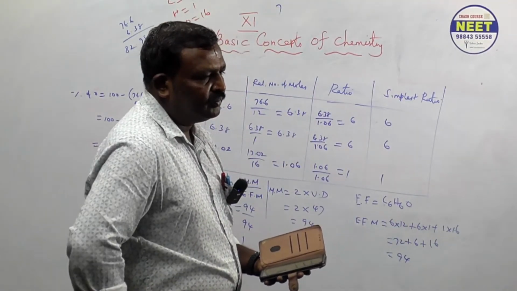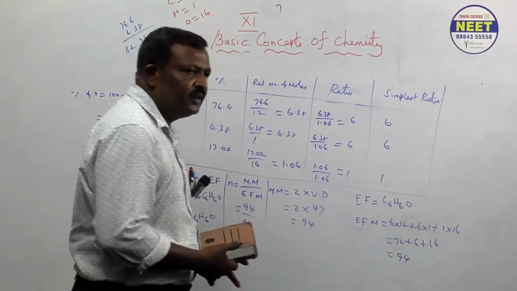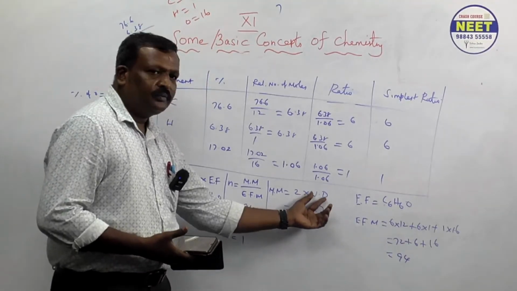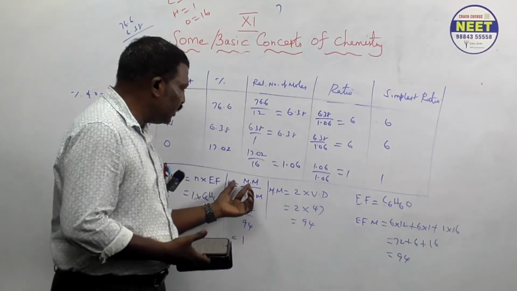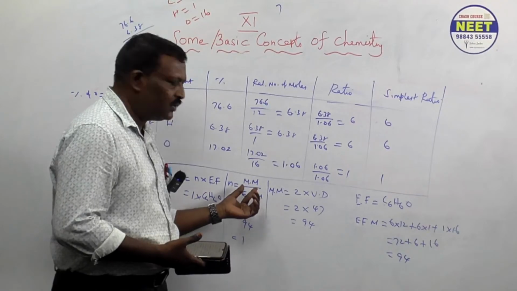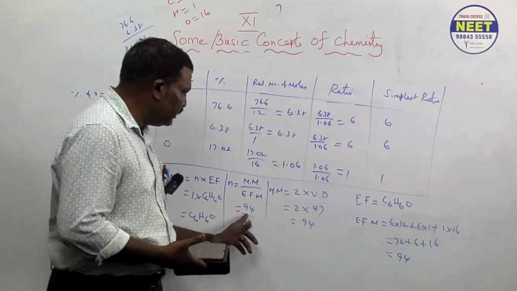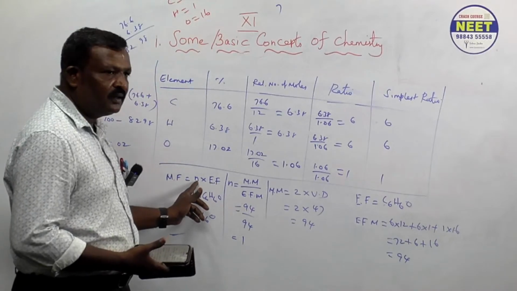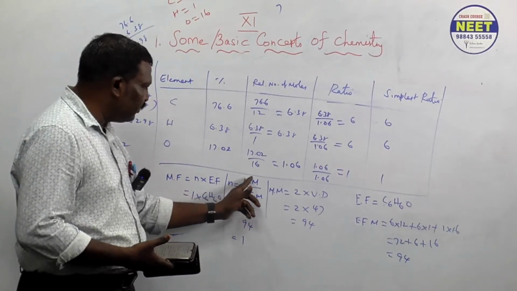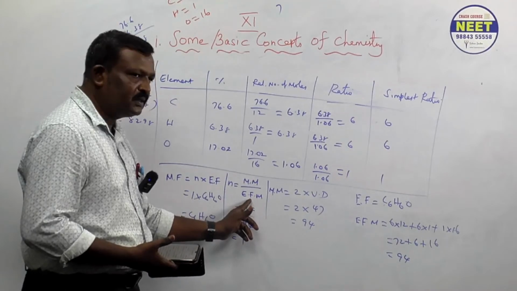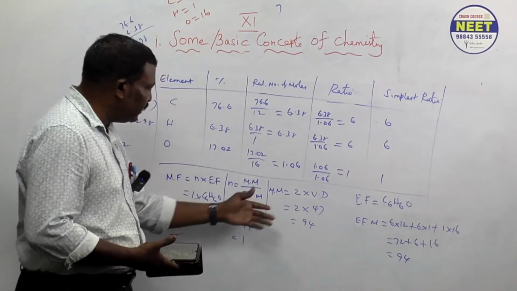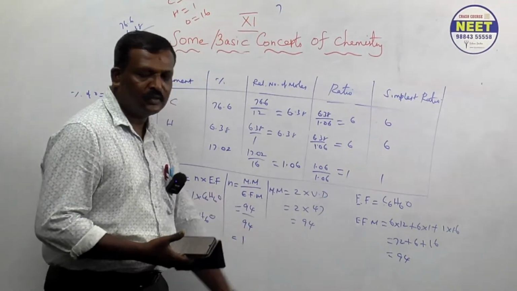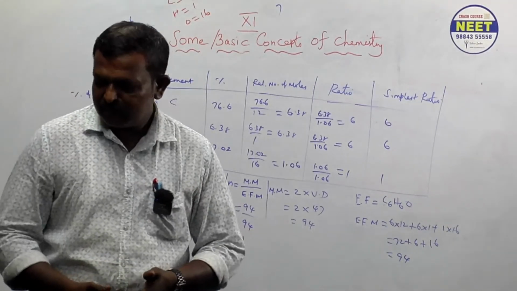So vapor density is not given, no. Directly I have given the molar mass. Molar mass is what? 30 is given. So first find the empirical formula, then for the molecular formula we need n. We need n only, to find it by molar mass by empirical formula mass. So if you do this, this step will not come. Right, try yourself. Then the last one is